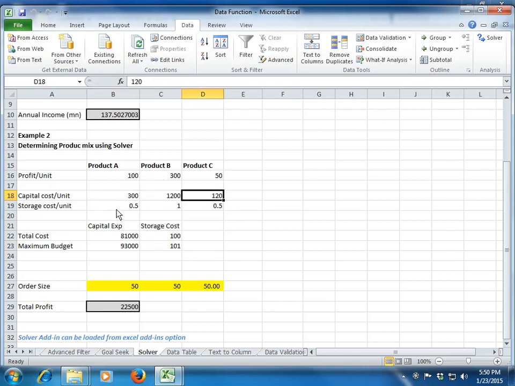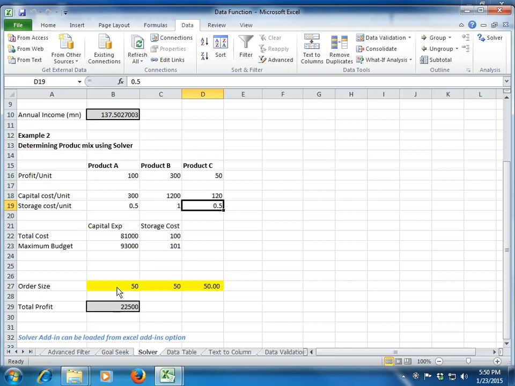Similarly my storage cost per unit is there, so as I increase my product, my storage cost will also increase. So it's not that I can increase it indefinitely. These are my two constraints: my capital expenditure cannot be greater than 93,000 and my storage cost cannot be greater than 101. Based on this, I want to calculate my total profit.